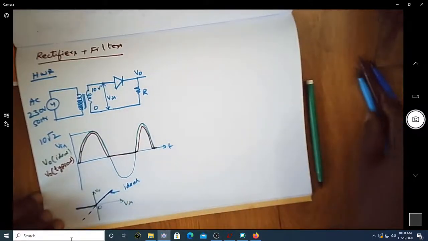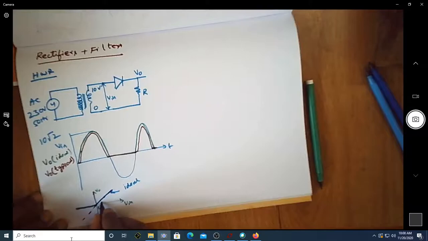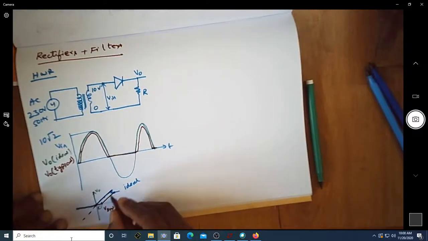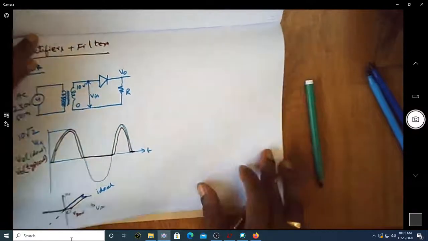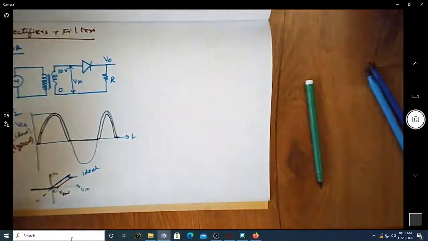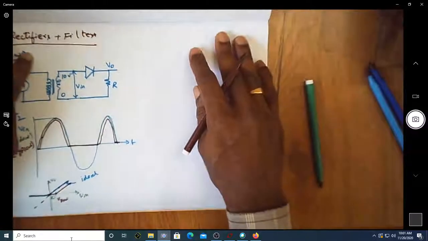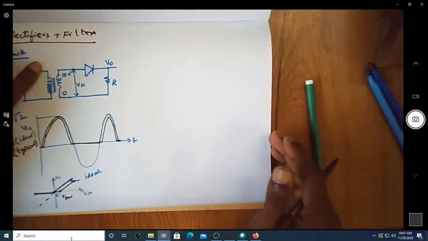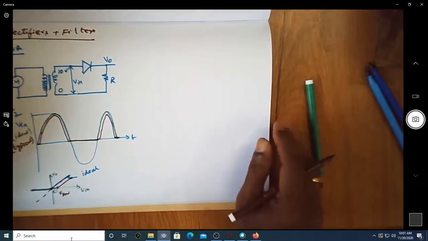If you consider a typical diode, then till VD on, that is till 0.7 volt, it will be off, and then it goes like this. So at each and every point there is a separation of VD on, which will be typically 0.6 to 0.7 volts depending on the diode. If the diode is made out of silicon, then it is 0.6 to 0.7. If it is germanium, it is 0.25 to 0.35 volts. That is the difference.